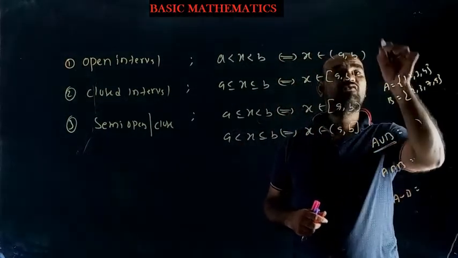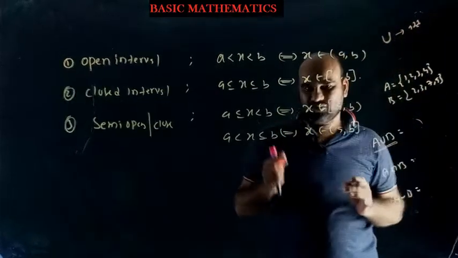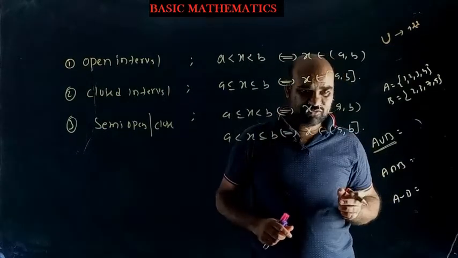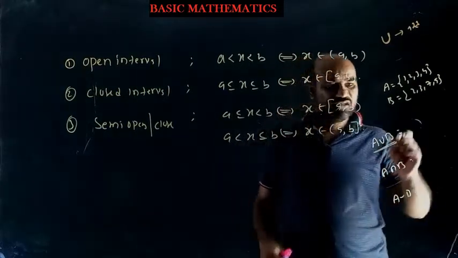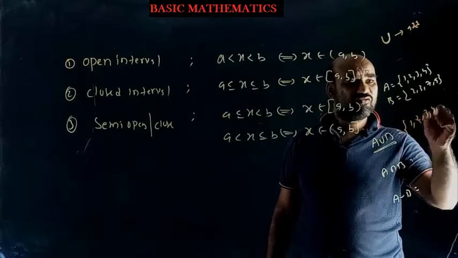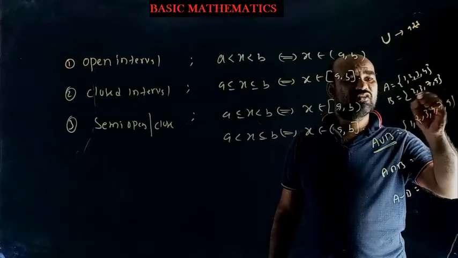Union: U stands for addition, just like add. It means all elements should be written. Add means all elements, but don't add the elements twice. You need to write all the elements which are in both A and B. So here A union B means {1, 2, 3, 4, 7, 9}. Don't write 2 and 3 two times there.